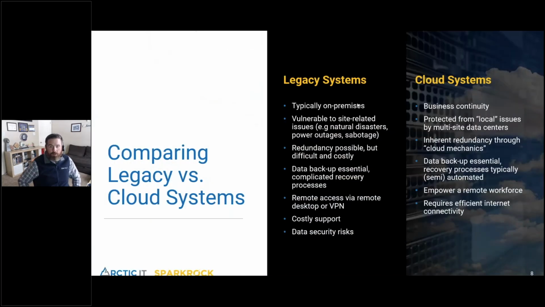And that really starts with comparing a legacy system to what's now becoming more and more available in a cloud-based solution. For those of you that aren't familiar with the difference, an on-premise solution would be one where you're using technology that's installed typically on site at your tribal government offices, where you can go and physically put your hand on the server where that data is stored or where the software is installed and running, and that brings in all kinds of vulnerabilities to site-related issues, whether that's cybersecurity attacks.